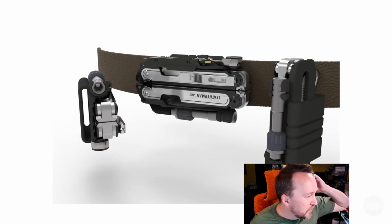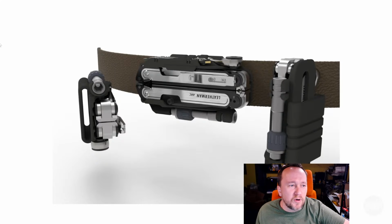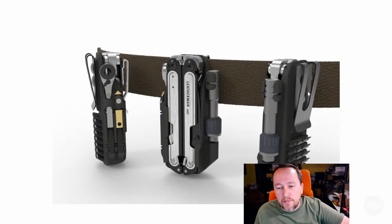All right, thank you. Can you use the Tek-Lok with horizontal carry? Yeah. Well, actually, I'm sorry. No, you can use it. You can use the Tek-Lok on the third-party compatible, and then mount it horizontally. But